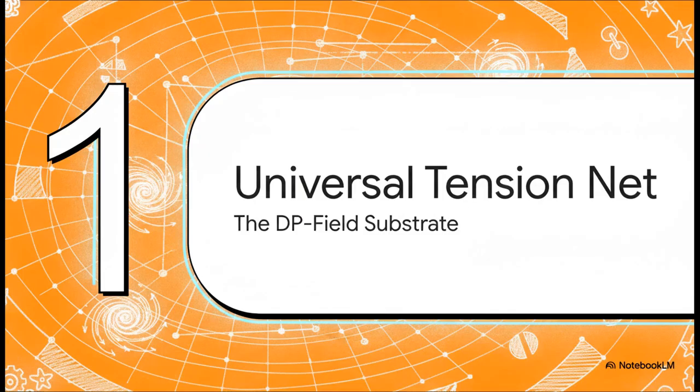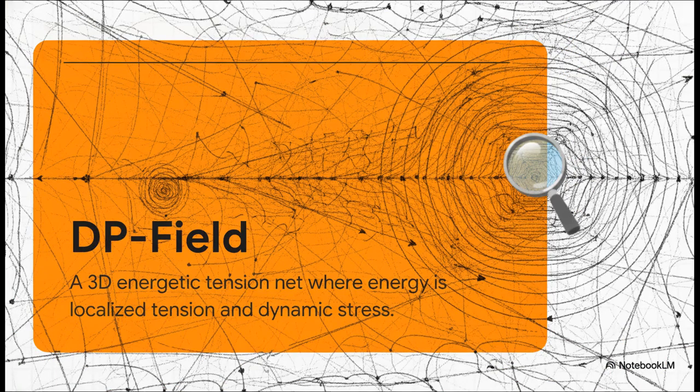All right, kicking things off with Section 1, the universal tension net. We need to formally redefine the fundamental fabric of the universe. The theoretical designation for this canvas is the DP field, which stands for Dissociative Pressure Field. Think of it as a 3D energetic tension net, and this brilliantly gives us a structural definition of energy. Energy isn't some magical, independent fluid you can pour into a container. Think of it more like a giant cosmic trampoline. Energy is simply the quantitative measure of localized tension, topological folding, and dynamic vibrational stress, happening right inside this elastic web. When the web is perfectly flat, it's at a baseline equilibrium, but when it's stretched or folded or rippling, we measure that mechanical stress and we call it energy.